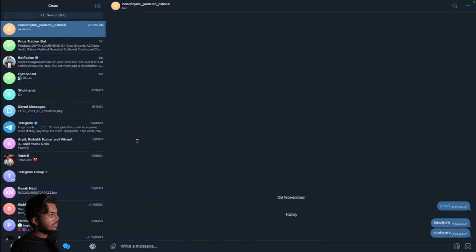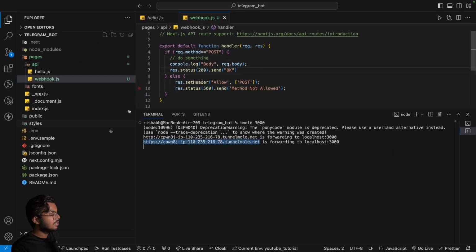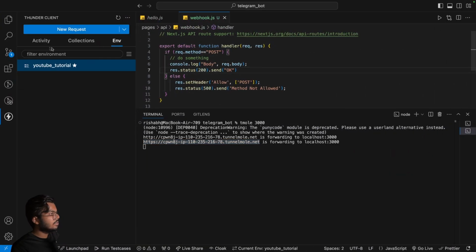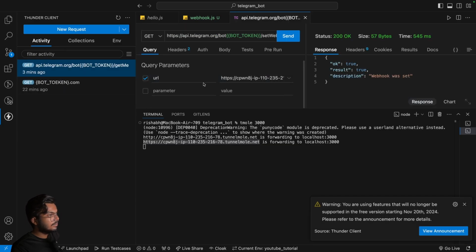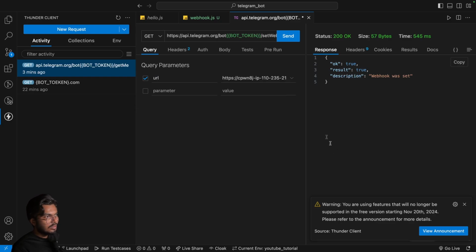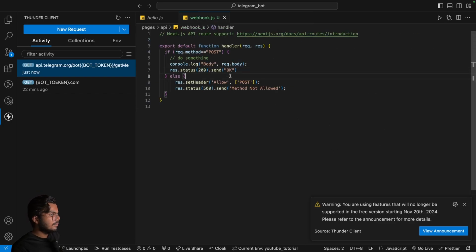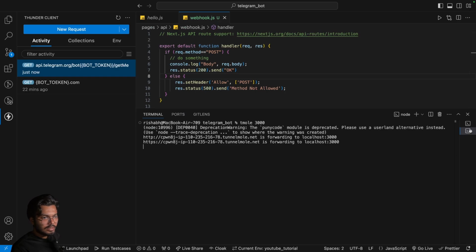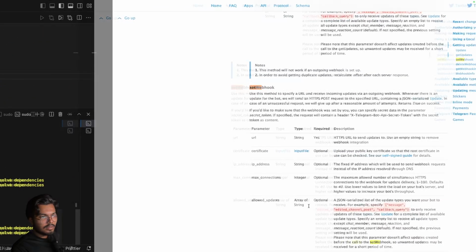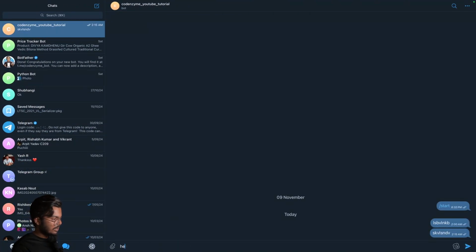So for that, let's go to Thunder Client, and in the request we have this. I'm going to change the URL to API slash webhook. So this is the API URL that I have, and if I click on send, okay, so the webhook was set. Now let's see what will happen here. When I write a new message, hello,